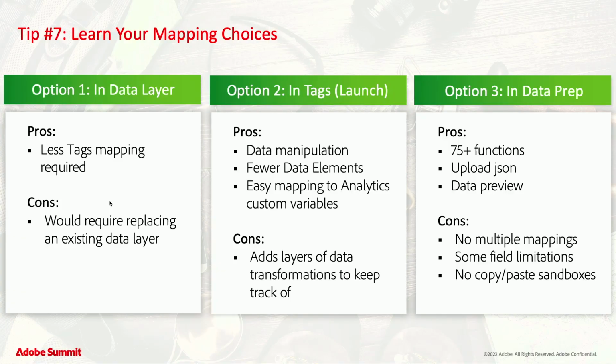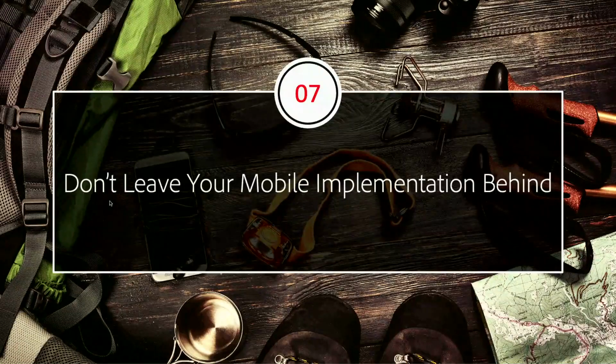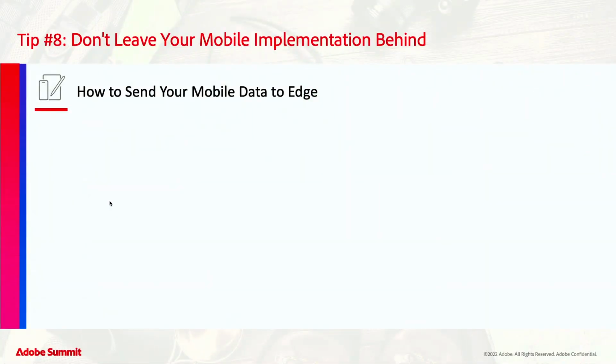Okay, so that is how to get the data in, and that mostly applies to web pages. And that brings us to tip number 7, which is near and dear to my heart. Don't forget about your mobile implementation. Everybody kind of moves forward with Web SDK, and then they're like, we'll deal with mobile app later. It's a big pain. Nobody likes to make those updates. But Edge is mobile ready, and there's 2 main ways to send that data from your app into the Edge